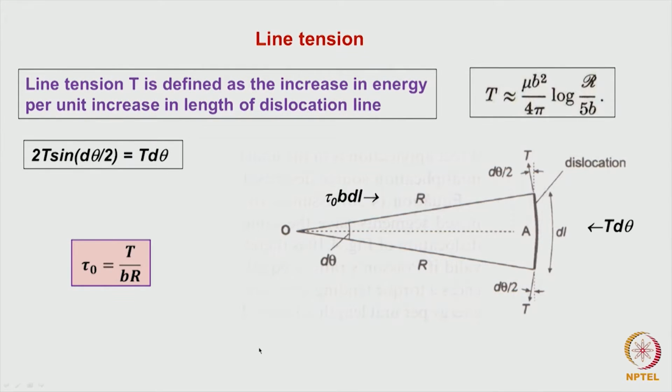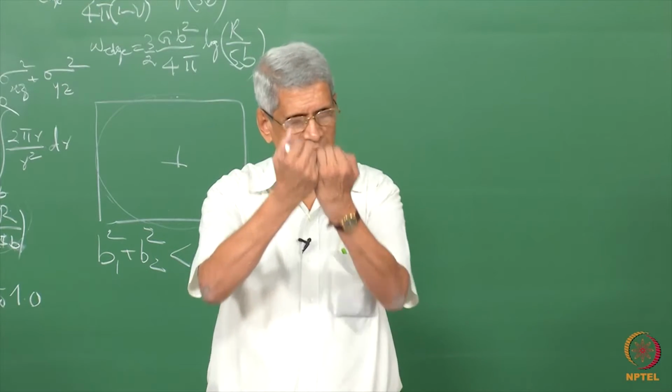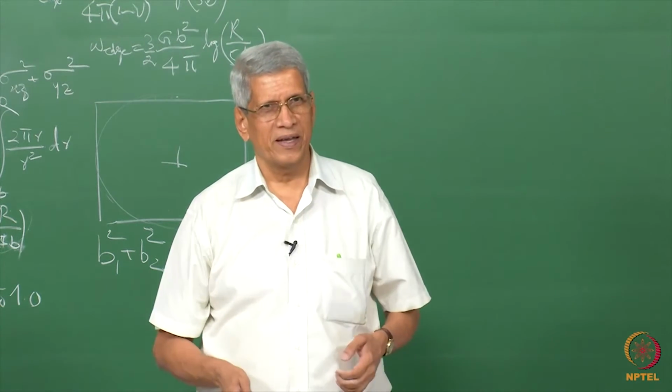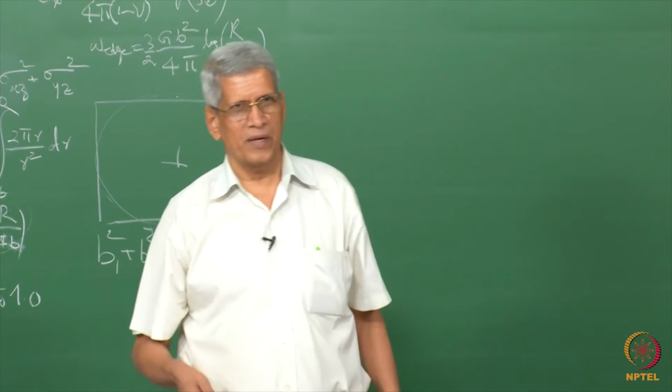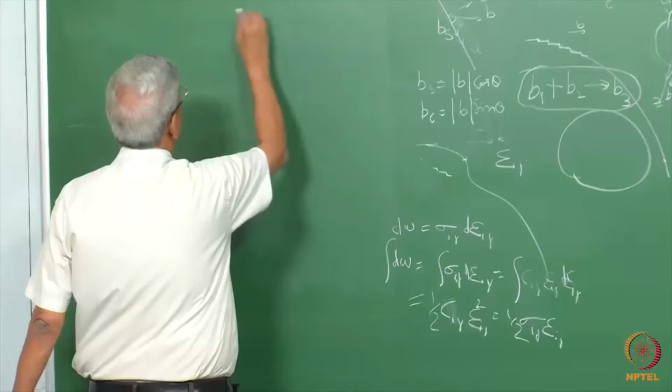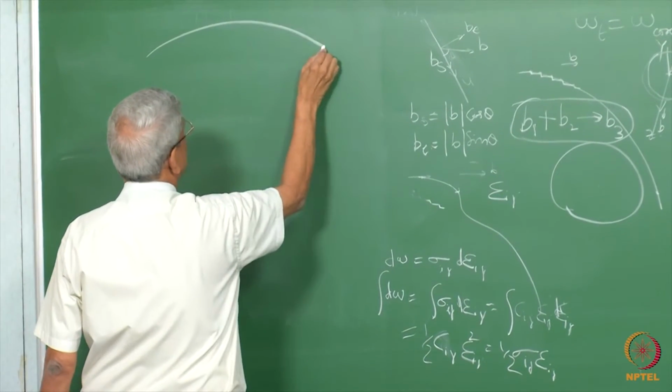So what is the consequence of a line tension? We know that the line tension is similar to, suppose, a thread which we put up at home for drying clothes. When we put a cloth on it, what happens to the wire? Because the line tension increases, it just drops down. Exactly a similar thing will happen with respect to a dislocation. So we assume that a dislocation is bent into,